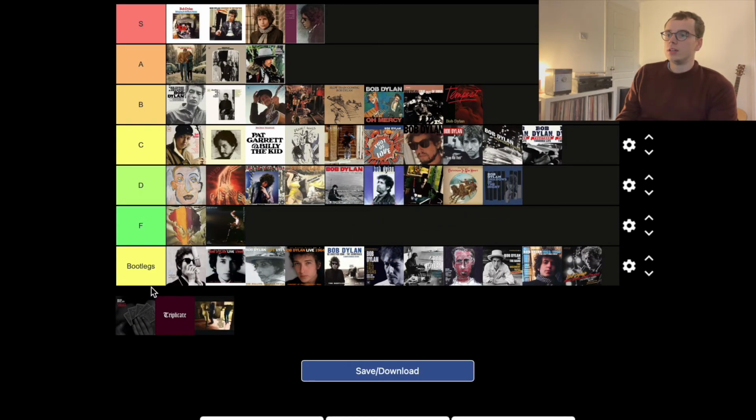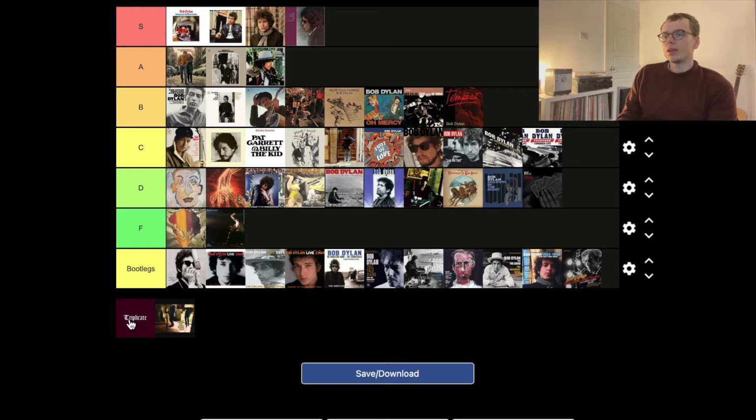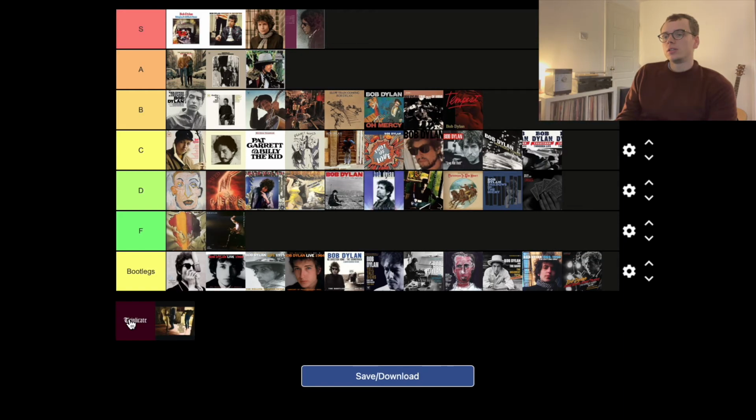So for me, Shadows in the Night and Fallen Angels, which is the next record, are going to go in the D tier. Triplicate is a bit of an exception to that rule. I've only listened to it, I think, once all the way through. I've listened to individual parts quite often. And I have to say, there are some nice numbers on there, and he did some tracks that I'm a bit more fond of. And it is a very long album, obviously it's a Triplicate album. I think it's a triple vinyl, which I don't have, unfortunately.